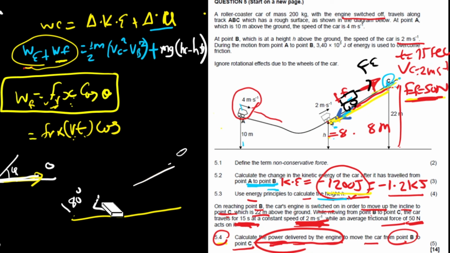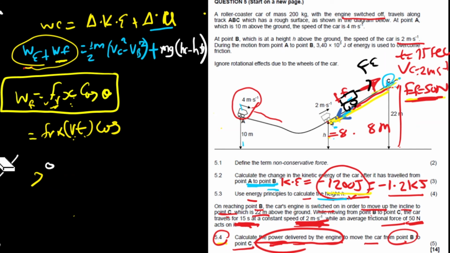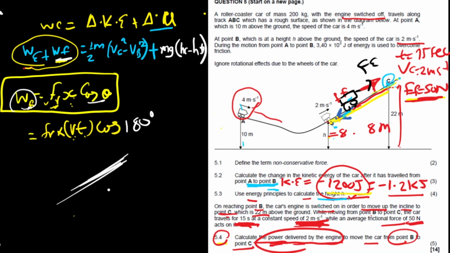So for this case, since we want the work done by friction, the angle is going to be 180, because it's opposing this direction, not that direction. So now we have a friction force. What is the friction force? I'm calculating this one now, and then we're going to substitute. Our friction force is equal to 50 times